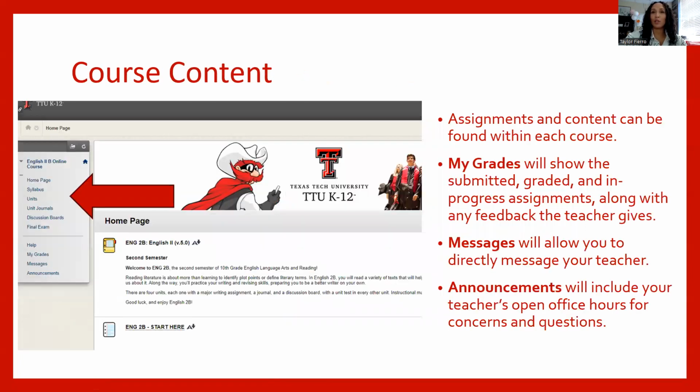Once you are able to go in and select a course, you'll be able to see the syllabus, all of the coursework, the My Grades, messaging your teacher, and the announcements tab. So that My Grades will show all of the submitted, graded, and in-progress assignments, along with any feedback that the teacher gives. The messages will show you directly how to message your teacher, and you'll also have the opportunity to message other students as well,